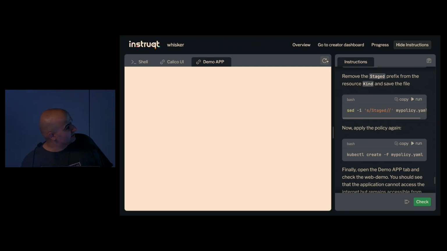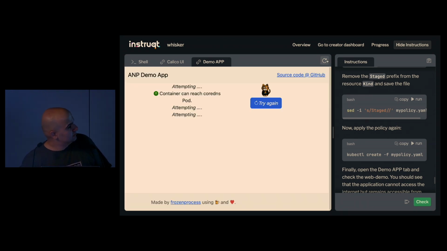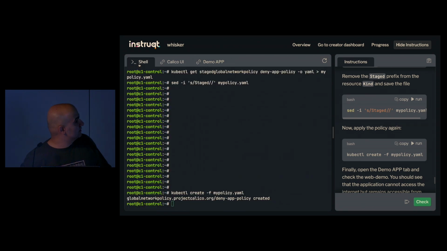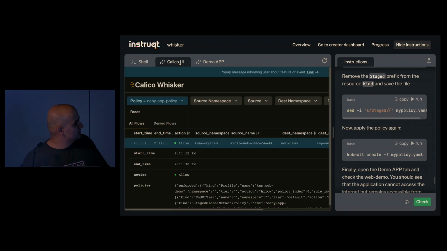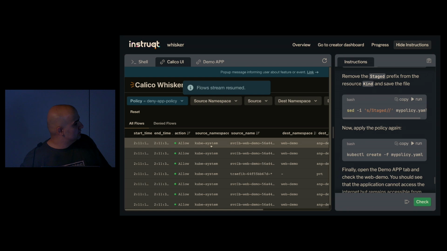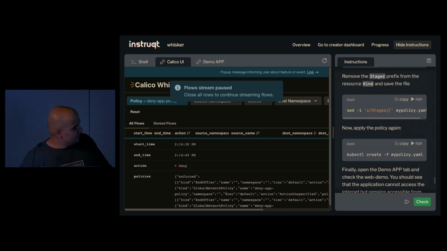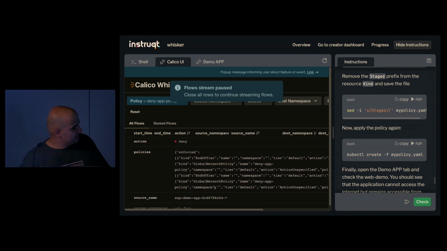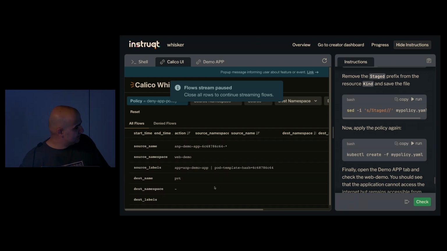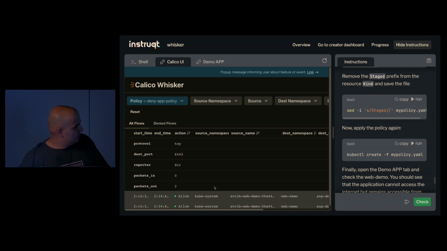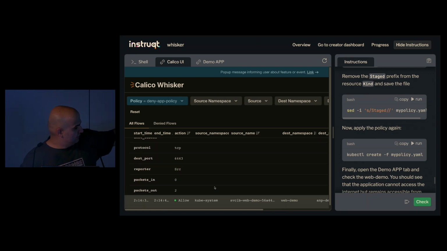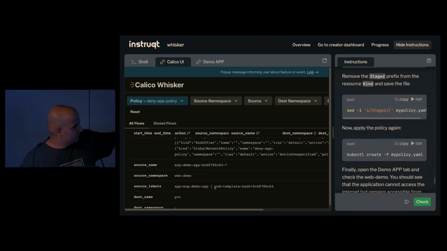And if I refresh, everything works. If you come back here to Whisker, this time I will show you the thing that is being denied with the policy is actually my workload trying to access